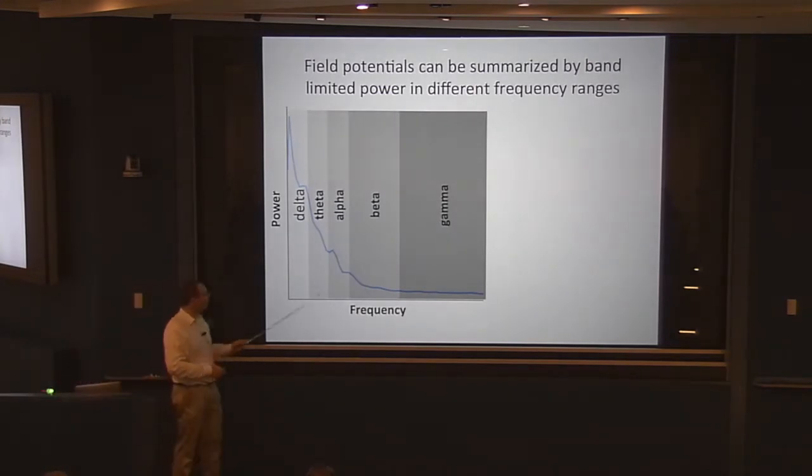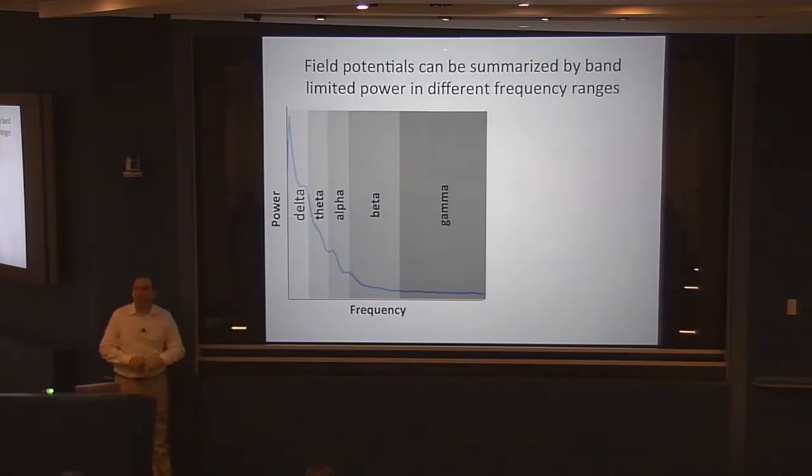And we saw in some of the talks in November, these bands exist because prominent rhythms were found in certain frequency ranges, first the alpha and beta band by Berger in the 30s, and later some of these other